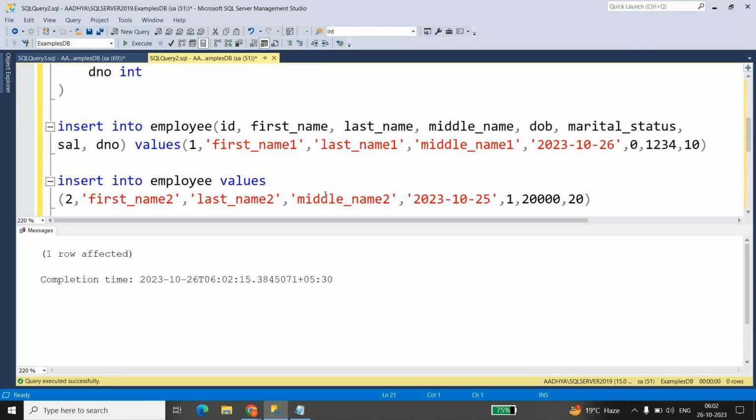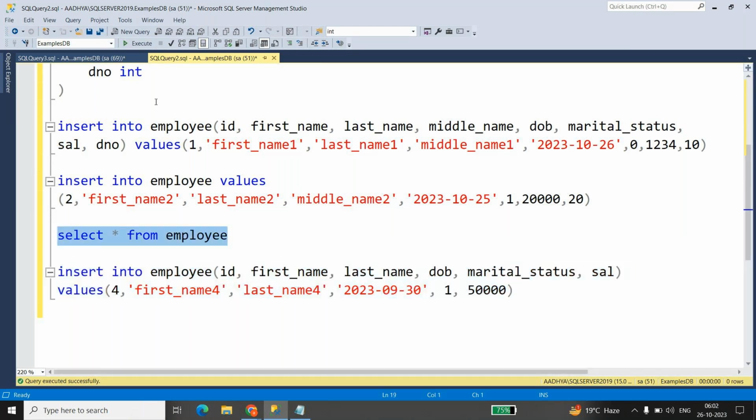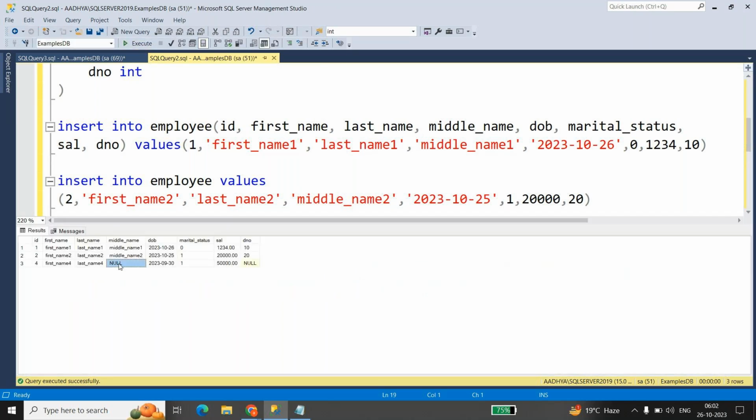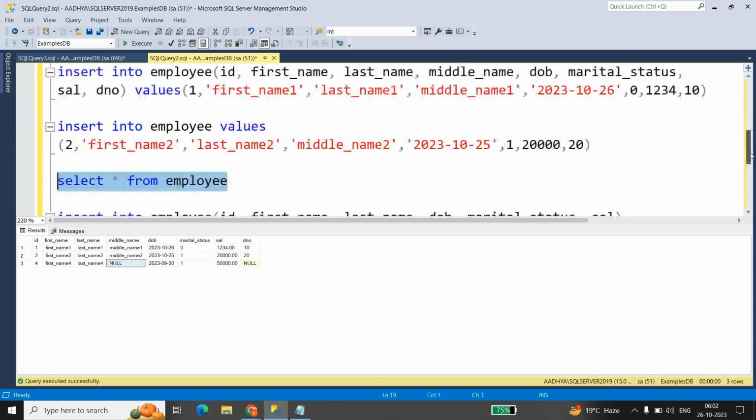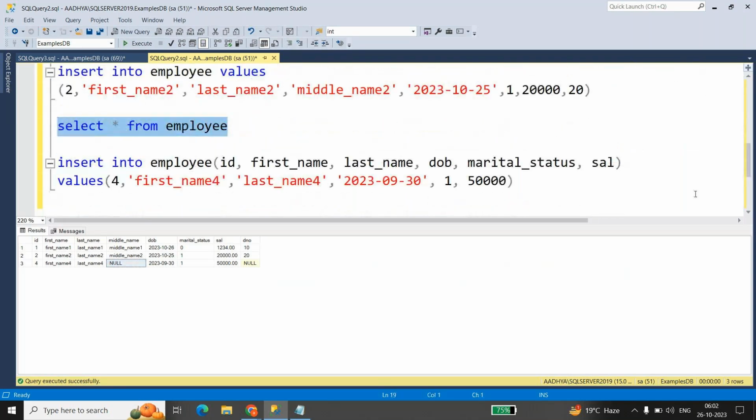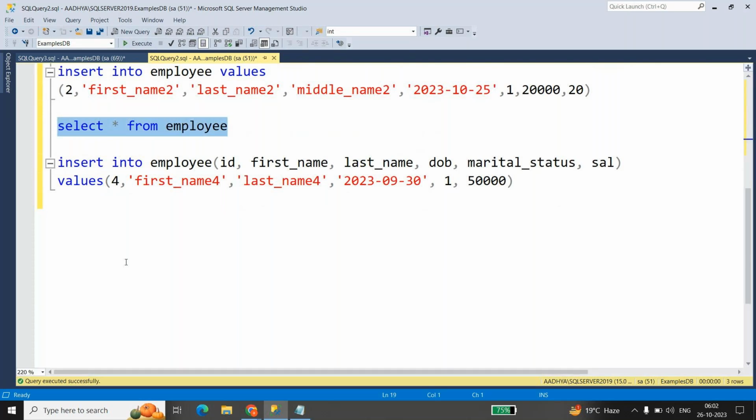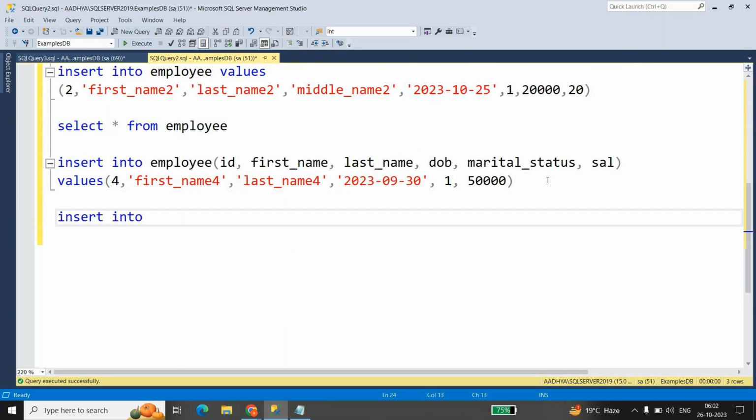Okay. Now go to the select statement. So you see, I have not inserted a value for the middle name and for the department number, right? Automatically a null value is assigned. So the other way is, if you are taking all columns of a table, just see, insert into employee